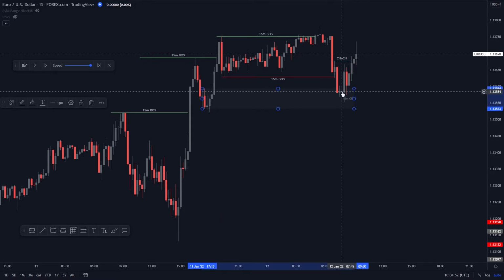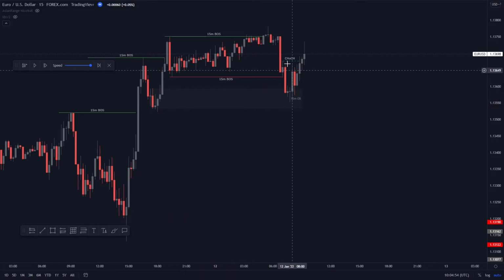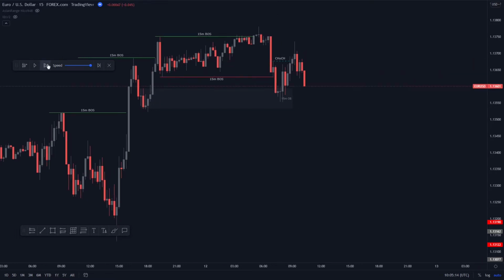Then we can see price interacts with this order block, and we get a change of character in the market and eventually an attempted break of structure, but because we didn't break this lower high, it only counts as a change of character. So if I fast forward price,